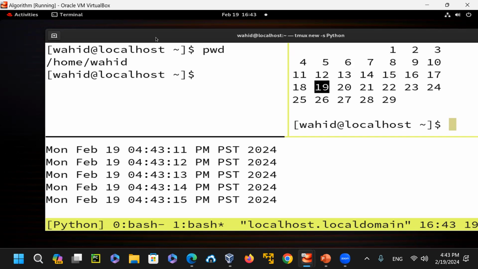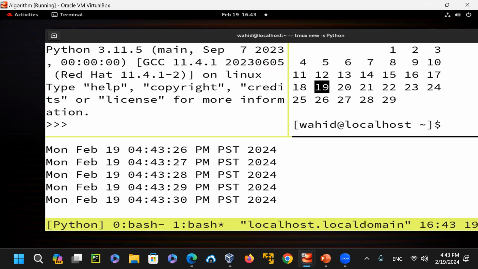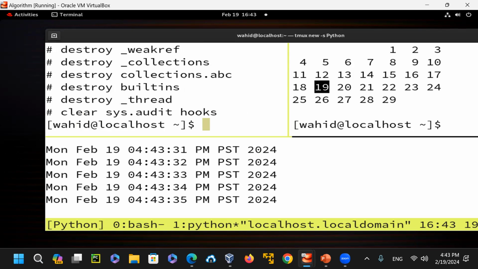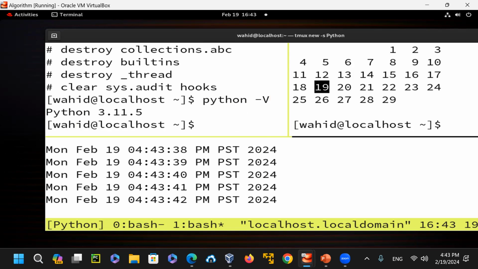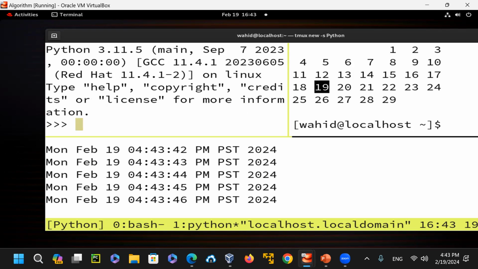the calendar command, for example. Here I'm going to come back to this window, and then I want to run a Python code here. So how do I get back here? I go Control B and then right arrow. Now I'm on here. Python -v. I know Python is there. Sorry, exit out of here. Python dash uppercase V. It says Python 11 is running. So I say Python, and it will get me to Python